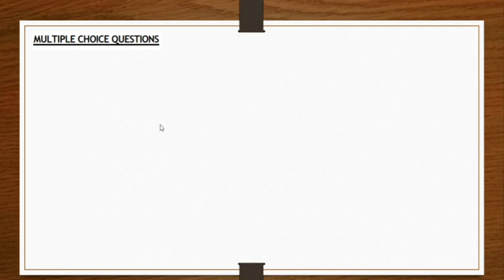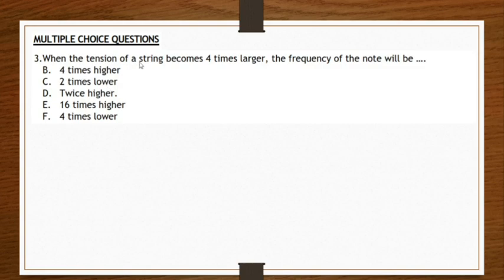For the multiple choice questions, we start from number 3. Your homework starts from number 3. When the tension of a string becomes 4 times larger, the frequency of the note will be how many times